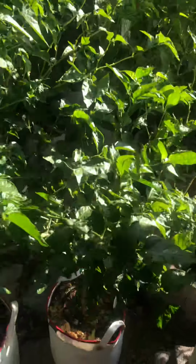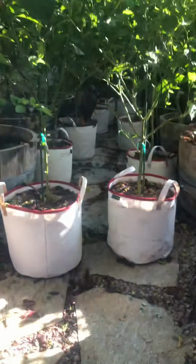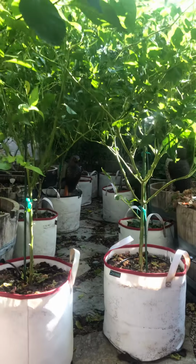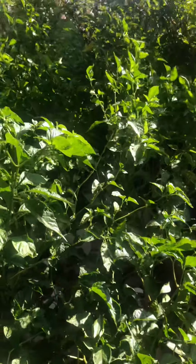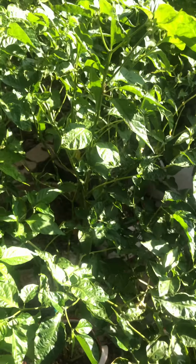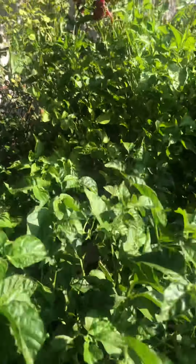I don't know. This is the entryway through the garden. The garden of... That's just too many plants. Next year, not going to plant this many. I want to walk through there. I just don't want to break any branches right now, so